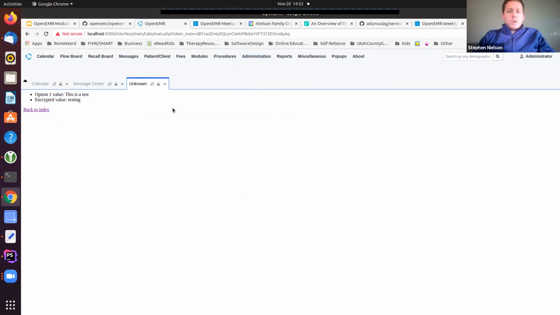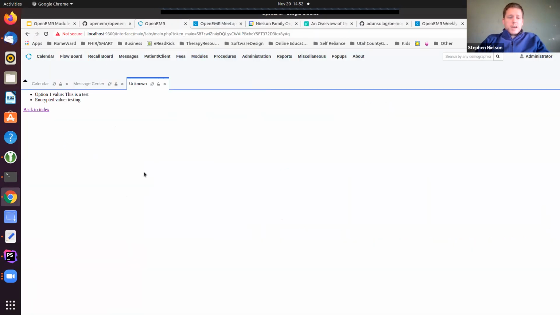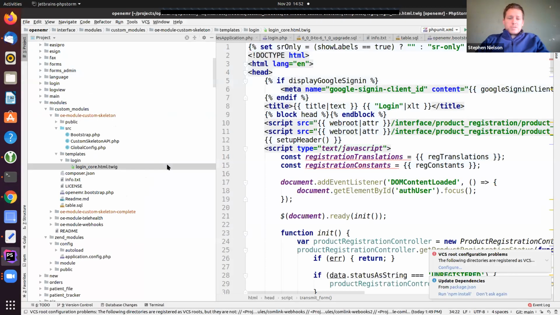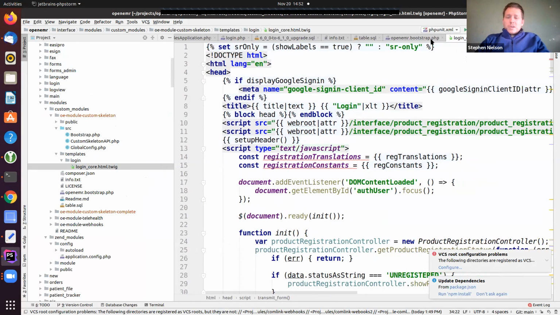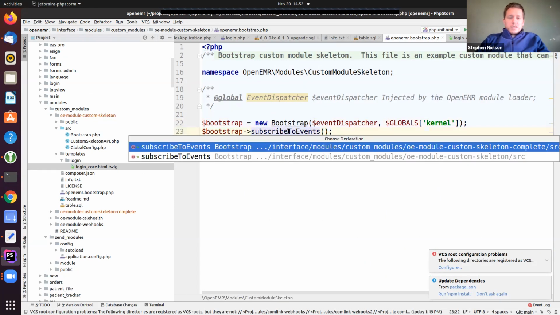So this is all doable, and I have not modified anything in core. This is all just inside of a module, can be turned on and off and all of that because of the way that the module is written. Okay. So let's look at each one of those examples one by one, to give you kind of an idea of the things that you can do inside your module. Okay. So in my bootstrap, I'm going to come here, and the big thing here is my subscribe to events.